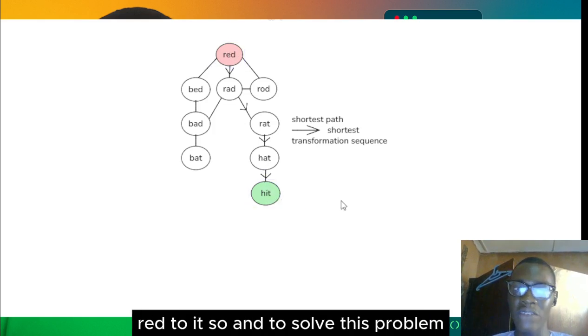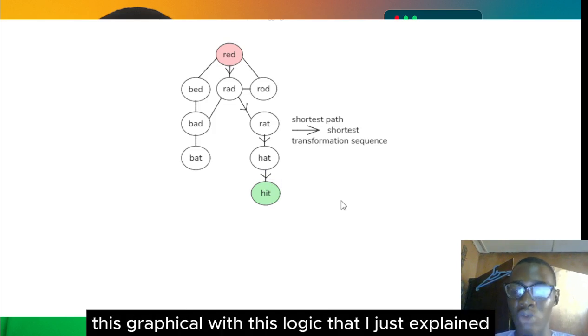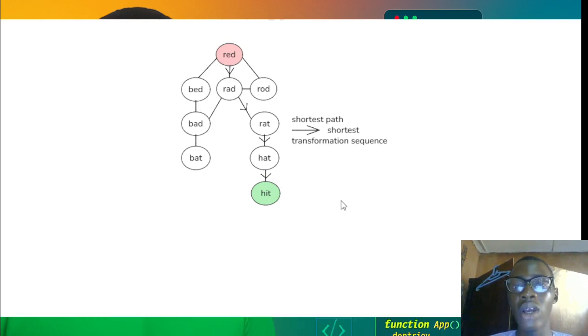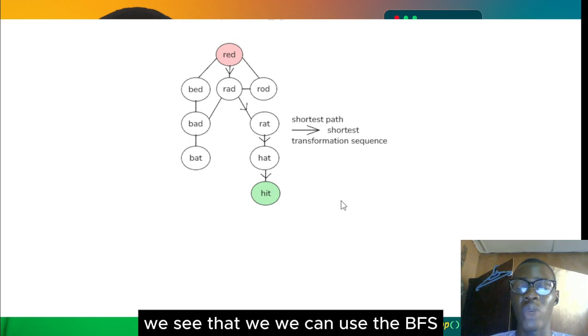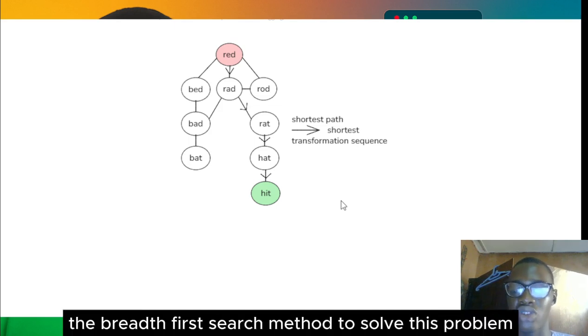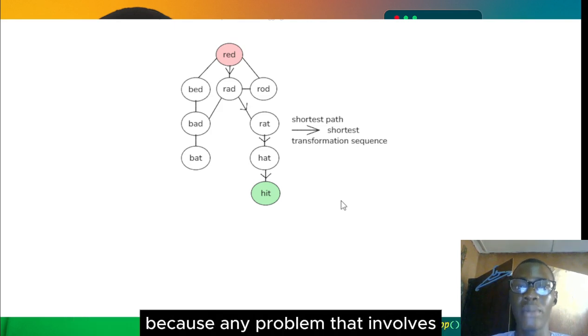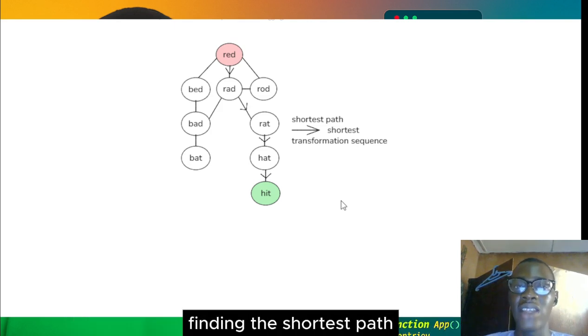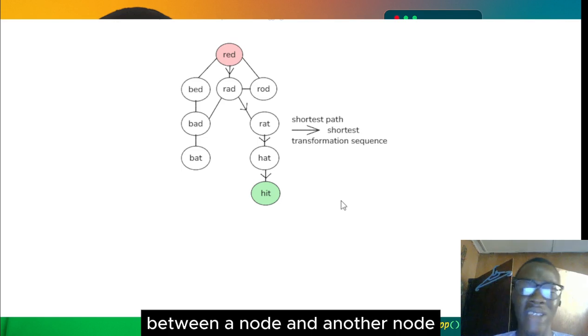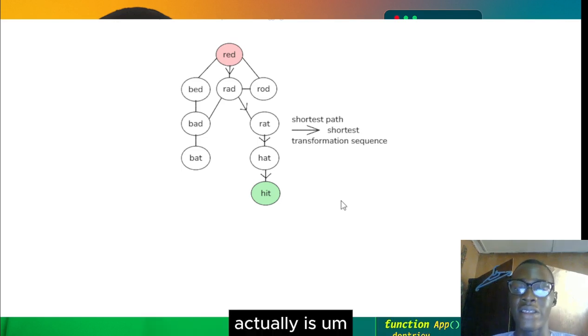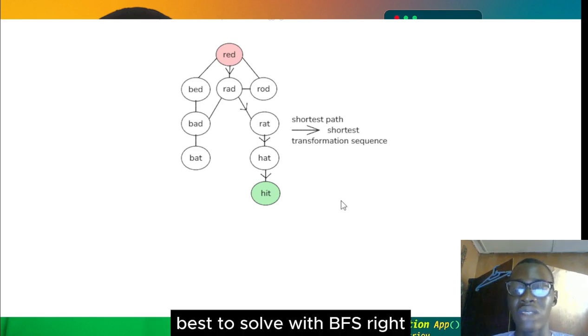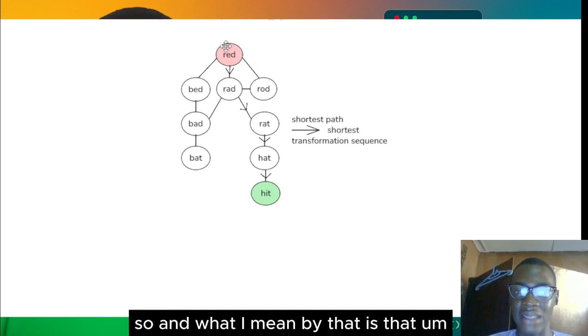So, to solve this problem with this graph logic that I just explained, we can use BFS, the breadth first search method, because any problem that involves finding the shortest path between one node and another is best solved with BFS, right? And what I mean by that is that